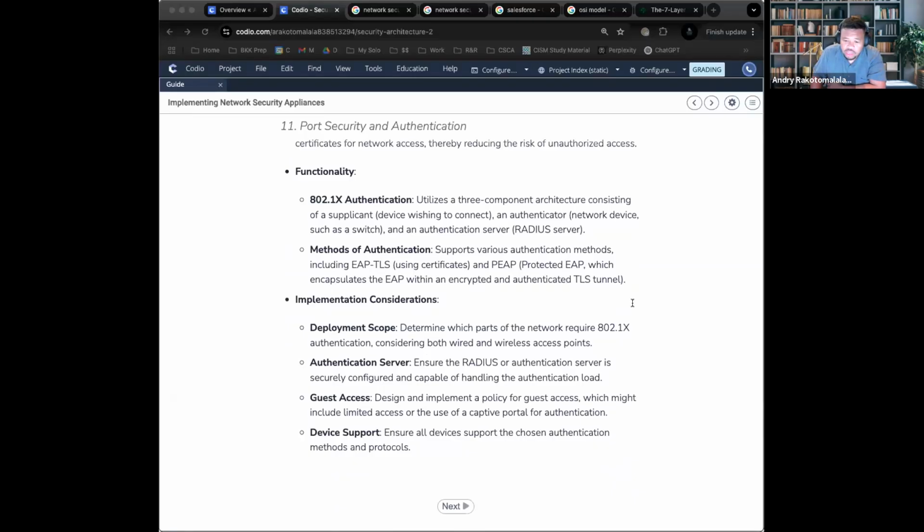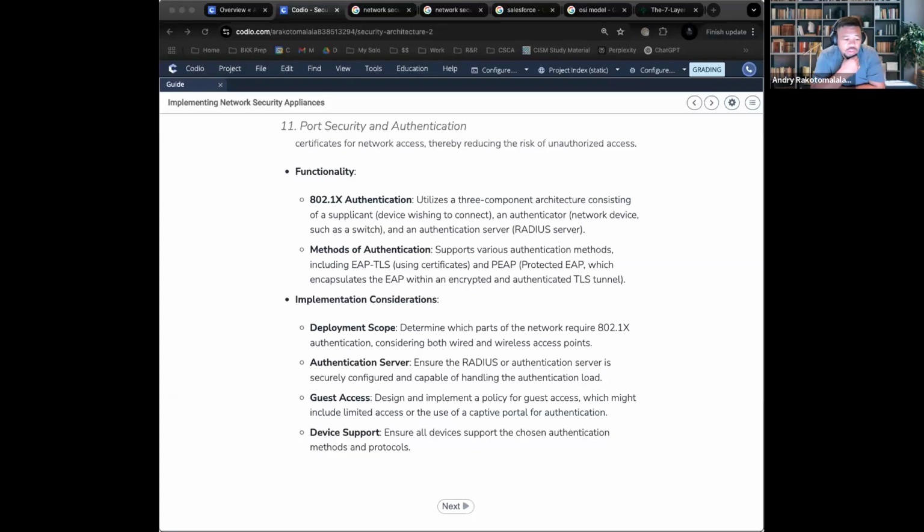If you want to implement authentication based off of this, one of the things you have to do is decide which networks or zones require that 802.1x authentication. When you're actually configuring a switch, you do have to type out 802.1x. I believe you'll be doing that in one of your labs. Then you want to make sure that the device is compatible with that authentication mode. Some of these are kind of old, so you want to stick with the newest one, which is 802.1x.